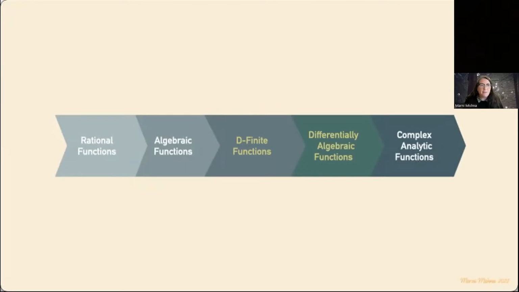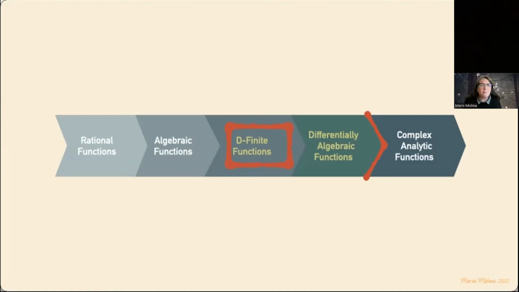But nonetheless, I'm going to talk about these two classes, okay? And again, the lattice walks are going to come in, I promise. But I'm going to focus on the class of D-finite functions and somehow that boundary of differentially algebraic and the things that are beyond that, okay? So I'm really interested in seeing how combinatorics is going to give us some insight on this fundamental structure. Okay, so I'm really quite motivated by function classification, but I like to play with lattice walks, so that's what we're going to do today.